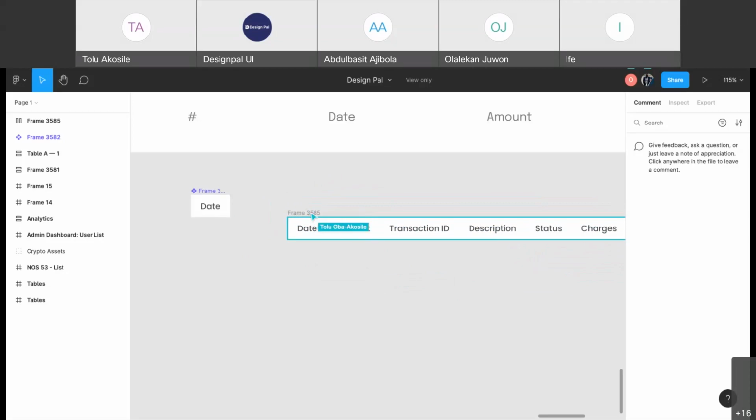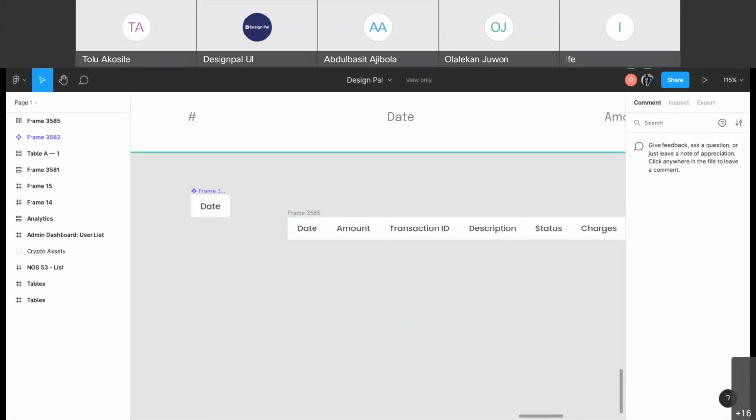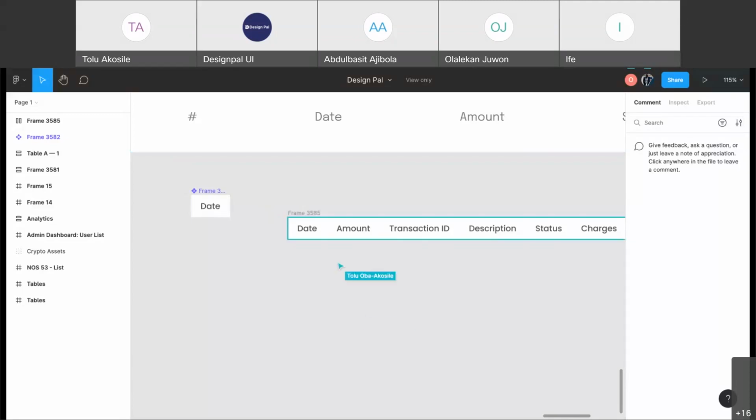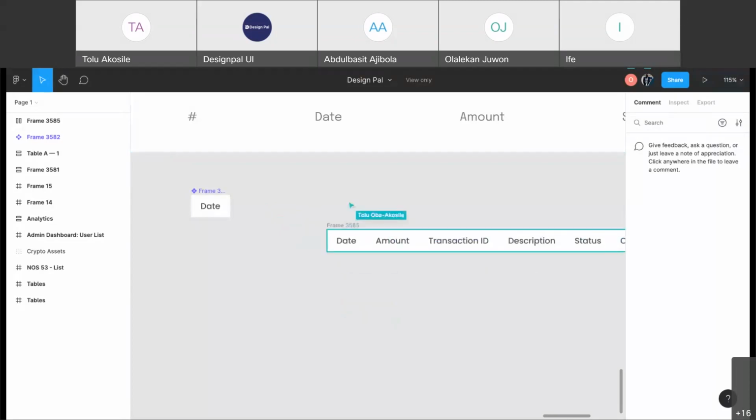The next thing I want to do, so the thing with using auto layout to create responsive design is you want to be able to adjust the frame and every element in the frame is also expanding, just like this, right? I'm adjusting this entire frame, right? This was a bit tricky for me when I was learning for the first time. I was like, what was all this stress? So you need to be very careful, right? It's simple, but you can make a mistake, right? So that said, this is a frame. I'm going to put it inside another frame,